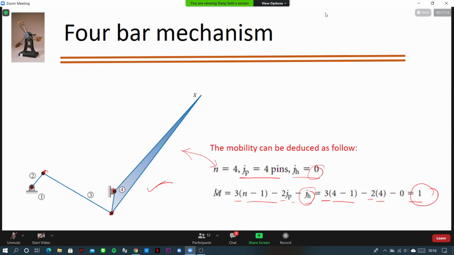So that is the fixed frame which is not able to move, and because of that you are able to achieve this motion. Typically the pivoted link that is connected to the driver or power source is called the input link, and the other pivoted link that is attached to the frame is designated as the output link or follower. The coupler or connecting arm, which is your link 3, couples the motion of the input link to the output link. In very simple terms, we have understood all of this.